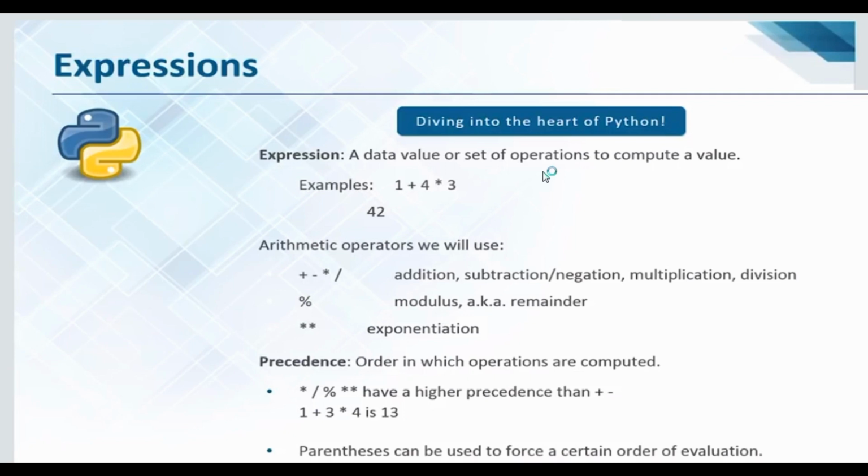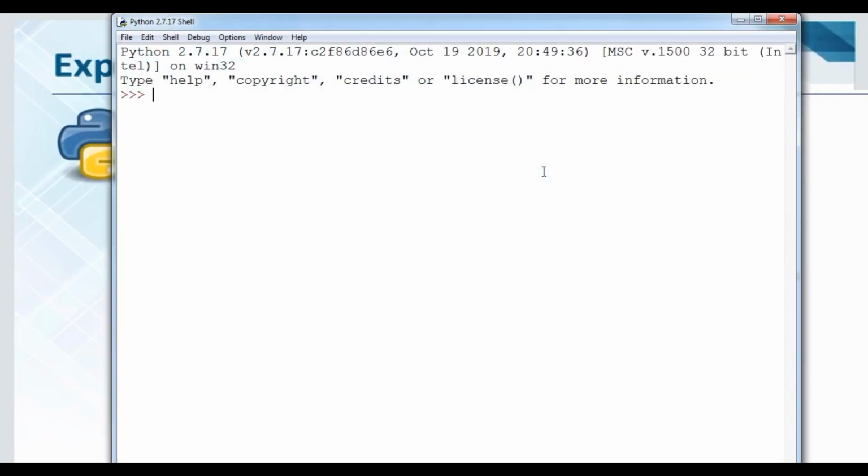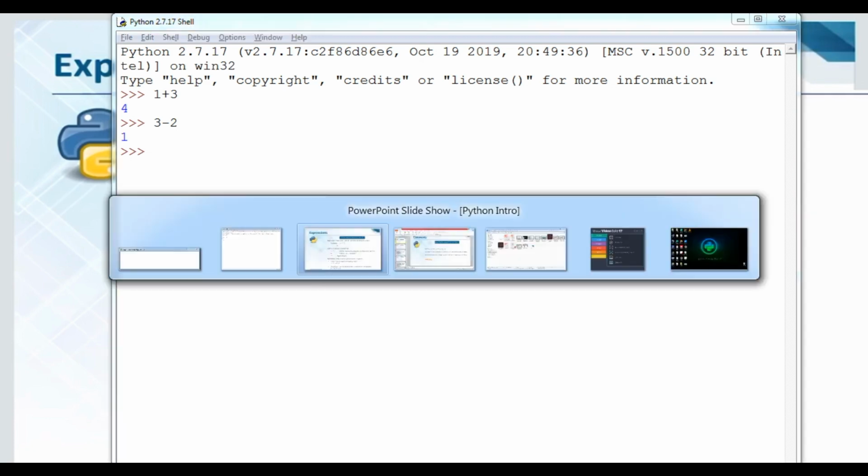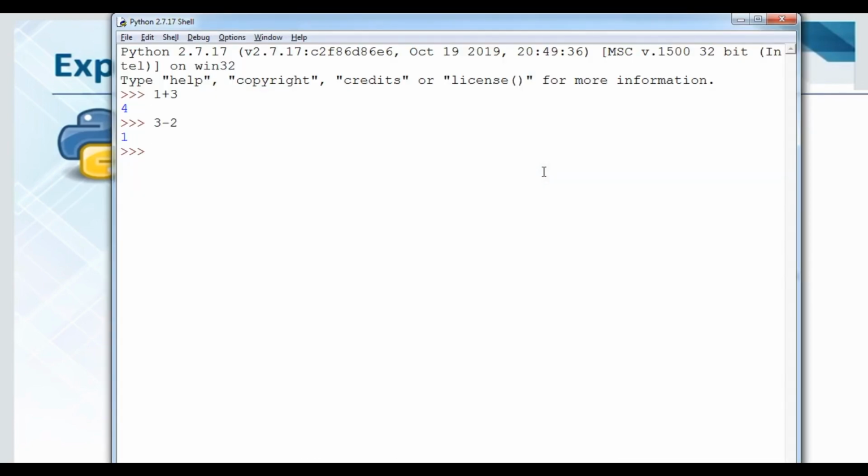Okay, so here if I am going to perform a model operation like 1 plus 3, it will definitely be 4, because plus is addition. Now subtraction, 3 minus 2 equals 1, definitely it will subtract, because we have done it in earlier classes also, in primary classes and 6, 7, 8 classes. Then after that we are going to understand what is the meaning of asterisk. So here 3 star 2 means 2 multiplied by 3, so here 6.